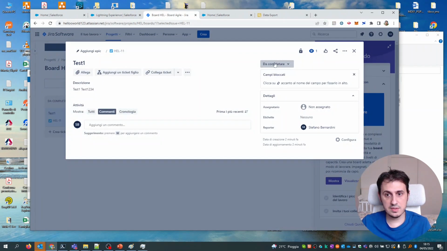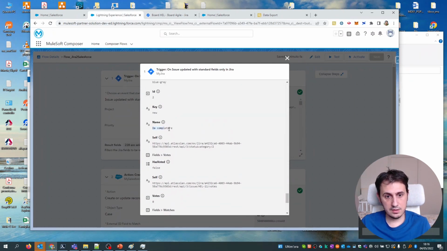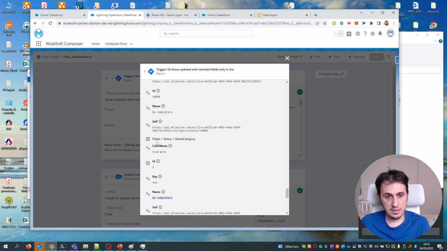That in English means new, not yet completed, while completata means it is completed. Da completare is in these fields, the field status name. So field status name is da completare.